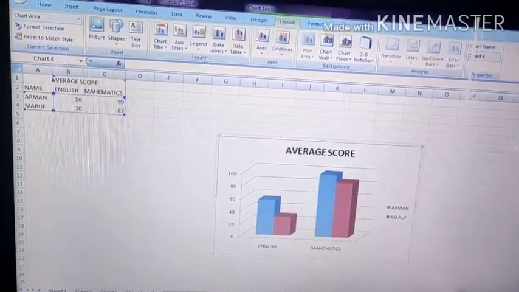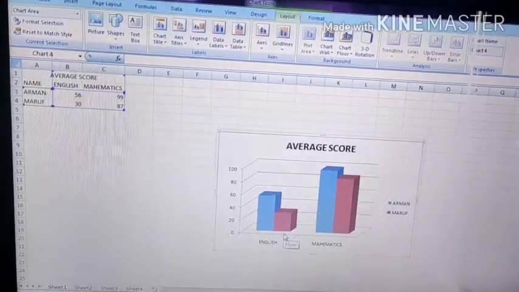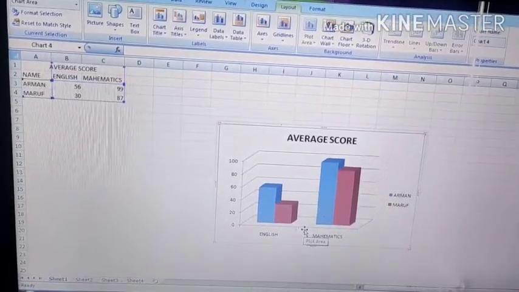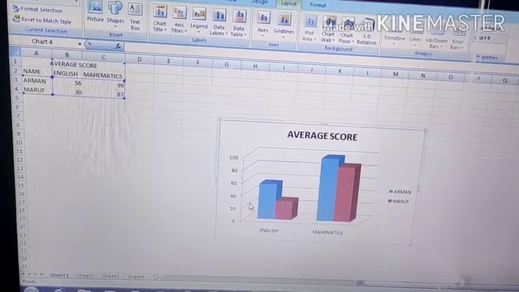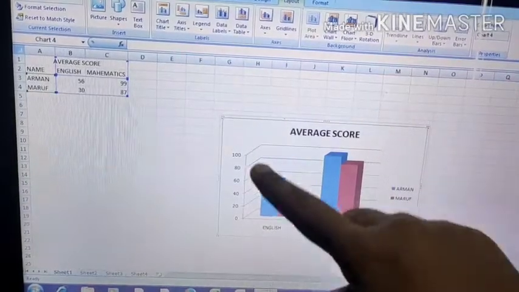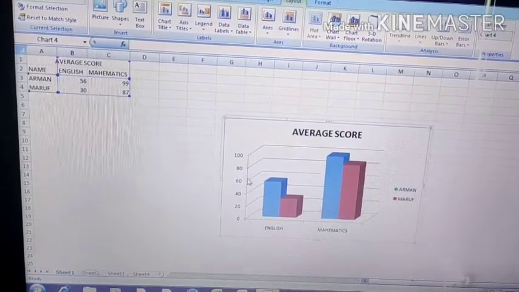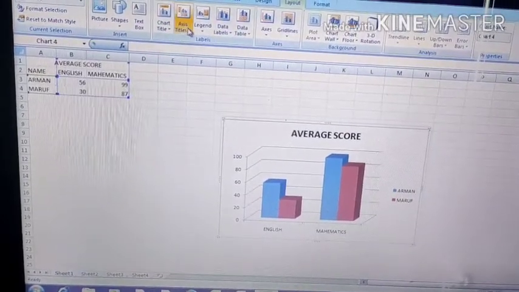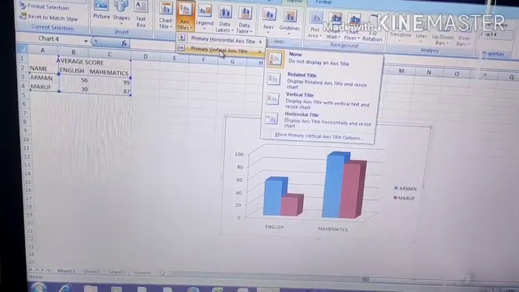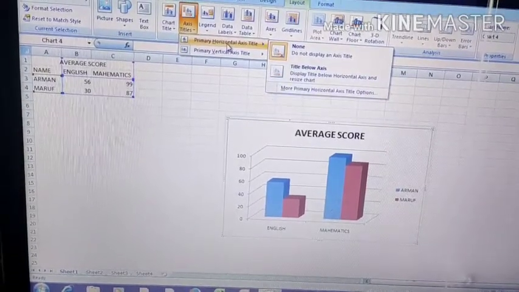Then if you want to give the axis titles, there are two axes, as you all know, in a graph or any type of chart. It is your bar graph and column graph. If it is, then there are two axes, your x-axis and your y-axis. So this part is your x-axis, and this is your y-axis. Your x-axis is horizontal and your y-axis is vertical. So let's go to the axis titles. Then it will show you primary horizontal axis title or primary vertical axis title, where you want to give your axis titles. So let's start with the primary horizontal axis title.